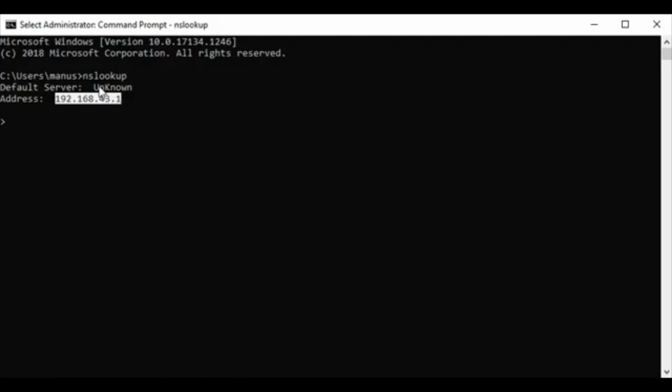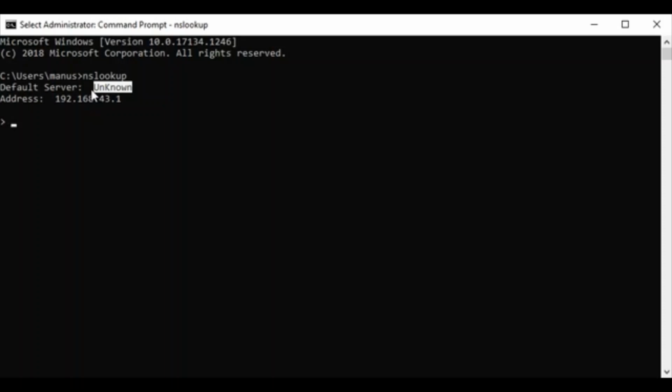It looks like our computer was not able to find the actual name of this DNS server. That is why it is shown as unknown. Otherwise, you would see an FQDN here, something like ns1.test.com.